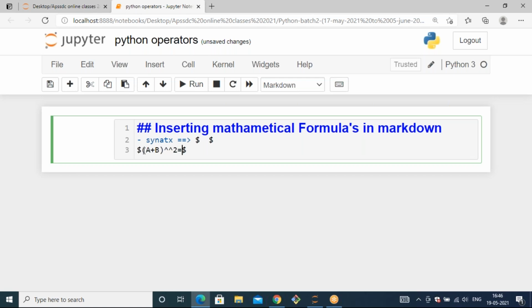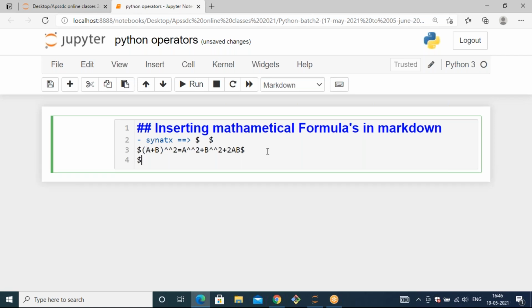So a plus b whole square equals a square plus b square plus 2ab. To mention the power, you can use the cap symbol. This is the mathematical formula we have in maths: a plus b whole square equals a square plus b square plus 2ab, or else a square plus 2ab plus b square. So this is a basic formula, right?